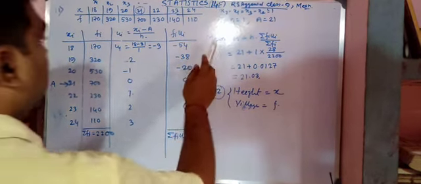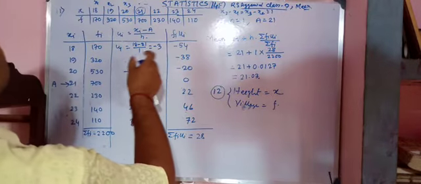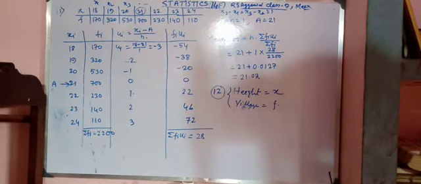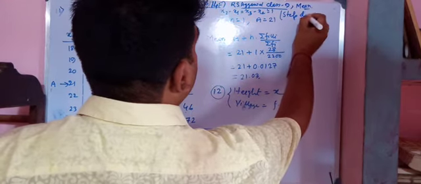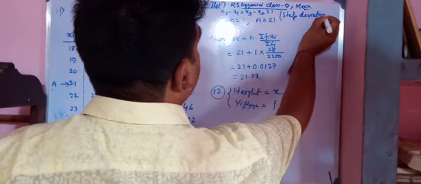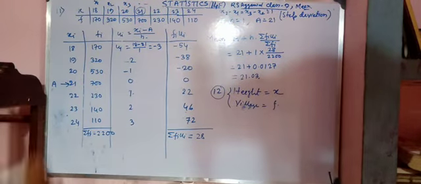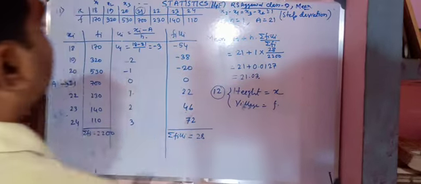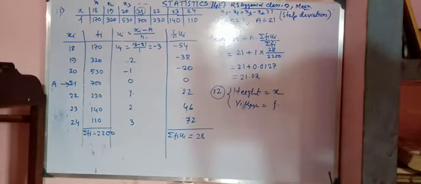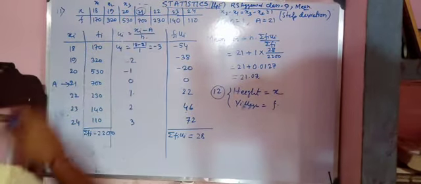So my required mean, according to the process of step deviation method. I have already given a lecture about the step deviation method. So by step deviation method, the mean is equal to a plus h into summation of fiui by summation of fi. If we calculate that, we are getting the answer 21.3. Okay. So that is my original mean, and we have assumed it as 21.